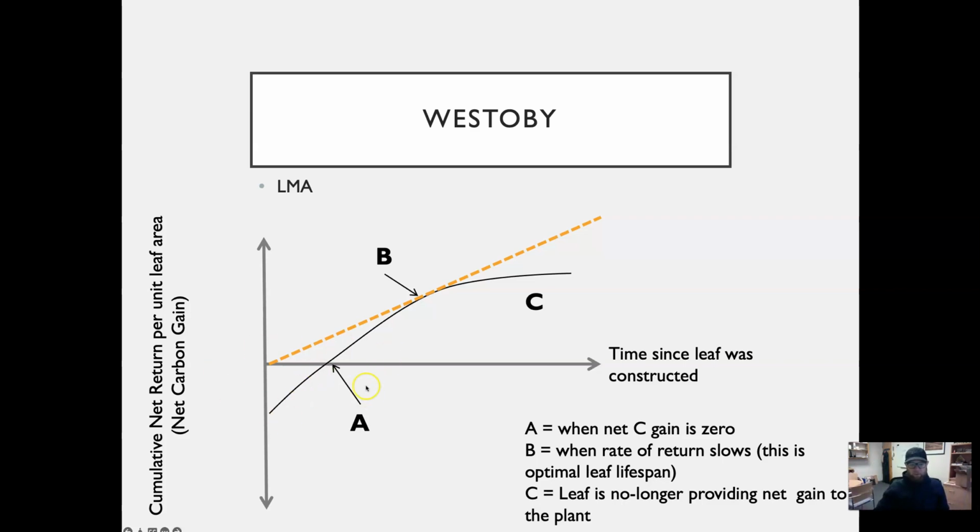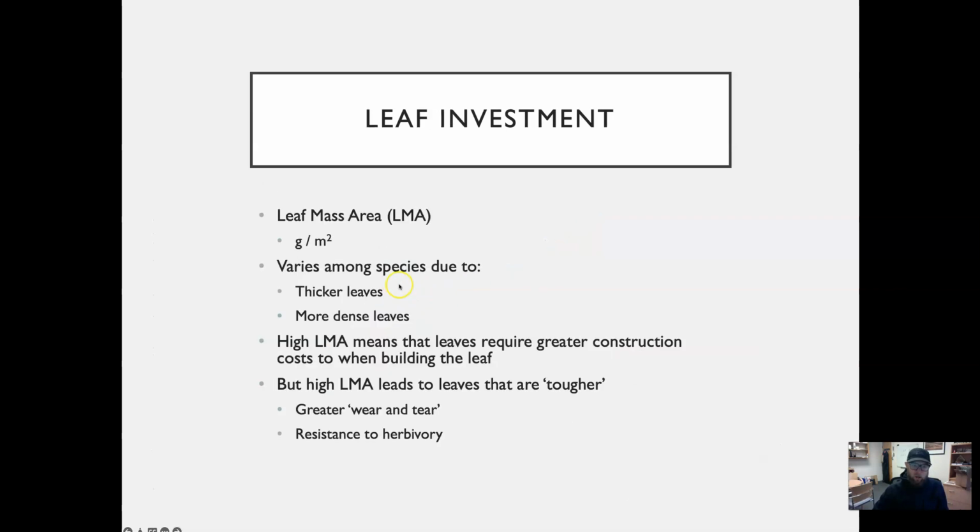But if a plant doesn't make it to point A, then that was a bad investment on the plant's part, right? It wants it to at least get to A to pay back the carbon, and then hopefully go beyond A so that the plant gets much more carbon than what it invested in that particular leaf. So you can see this initial slope here is relatively steep. So the rate of return is relatively fast, but at some point that begins to slow, and that's where point